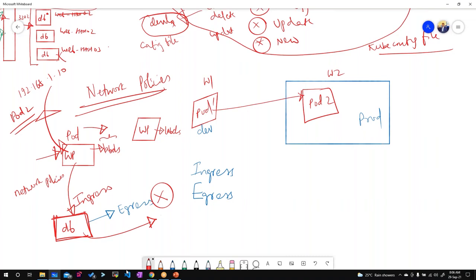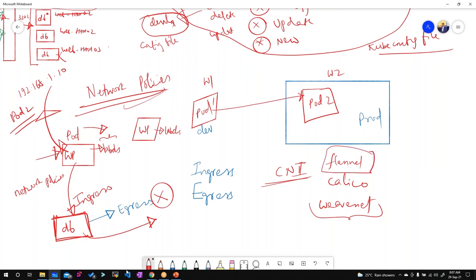And some CNI plugins, because these are all networking, so we should have a CNI plugin supporting it. We have CNI plugins like Flannel, Calico, WeaveNet. If you remember, when we were setting up kubeadm, we used WeaveNet as the CNI plugin, right? So this CNI plugin supports the network policies concept, but Flannel doesn't support it. Even if you set networking policies, it won't implement them. It is always an allow policy. Even if you set the networking policies in case of Flannel CNI, it won't entertain it.